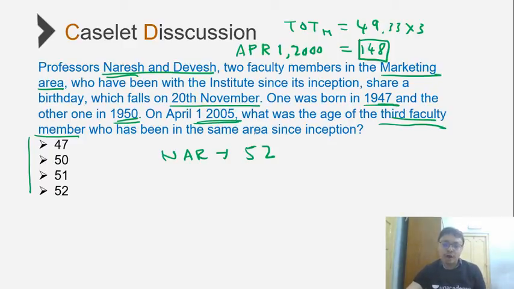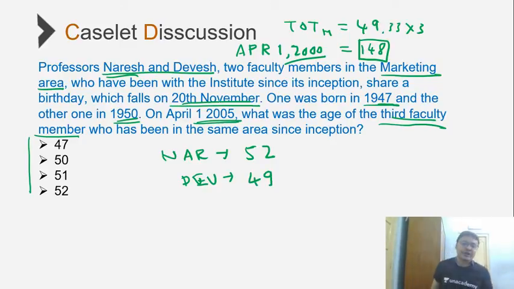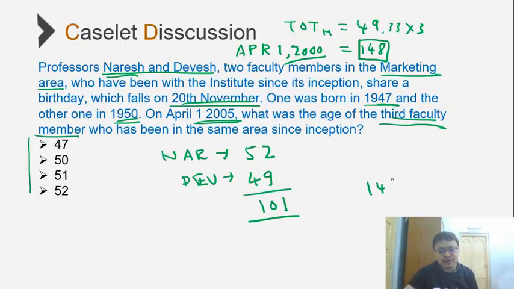Notably, he will not be 53 because his date of birth is 20 November. As on April 1, he'll still be 52 and not 53 as on April 1, 2000. Similarly, the other faculty was born in 1950. His age as on April 1, 2000, that is Devesh, would be 49. It would not be 50 because he'll be turning 50 on 20 November 2000, but as on April 1, 2000, he'll still be 49. So the total here is 101, but the total is 148, which means the third faculty,